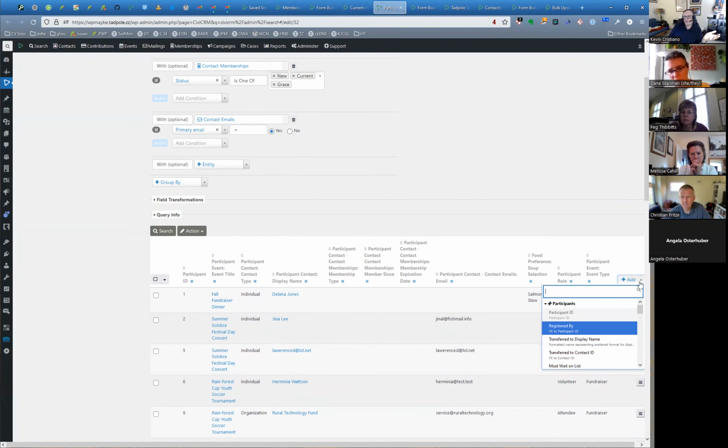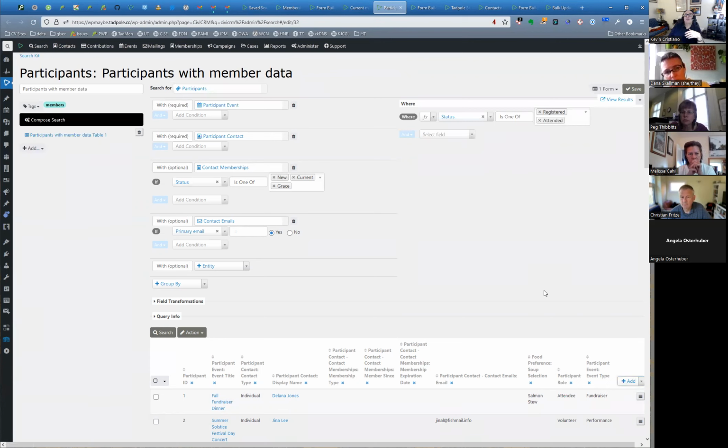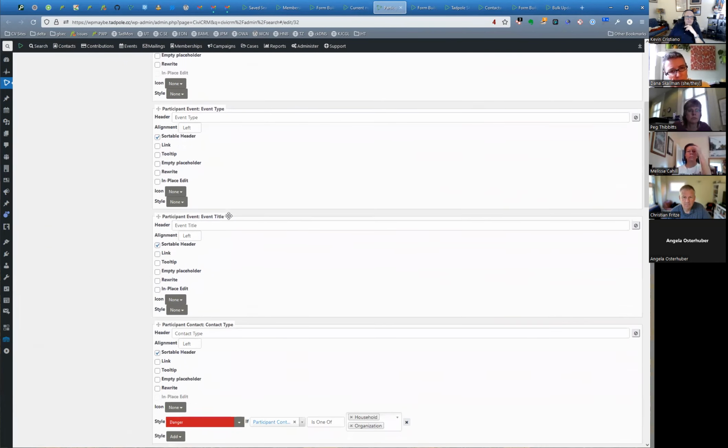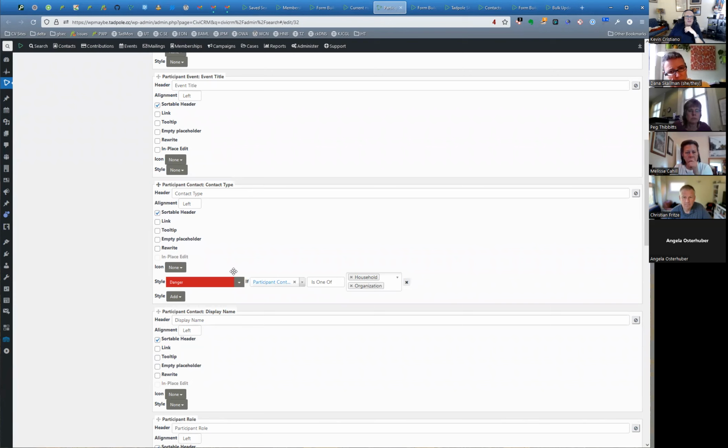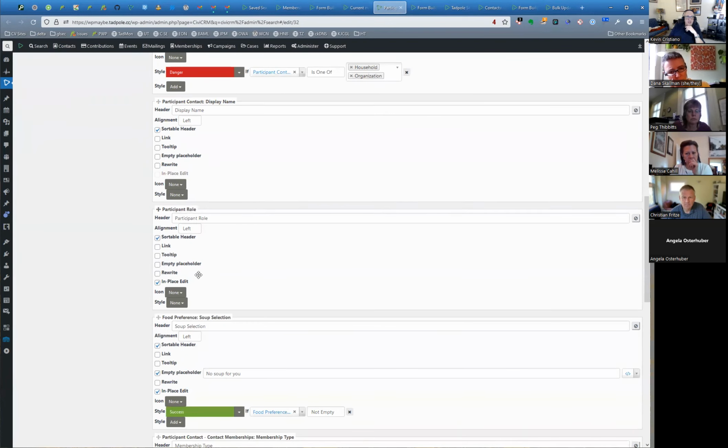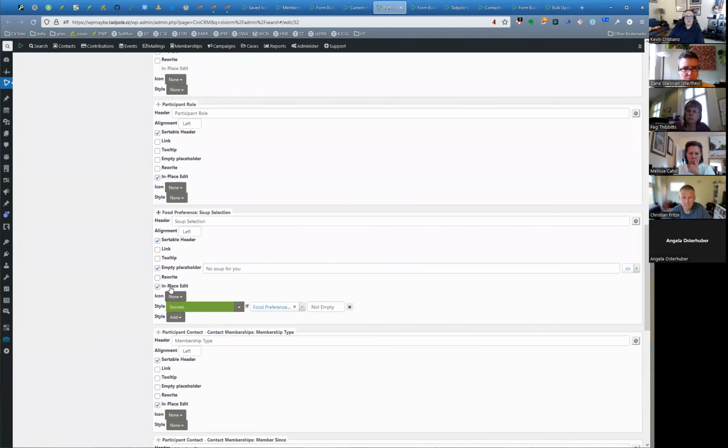And again, we can add fields right here. So the process is the same. I tend to create a table, decide what I want to do as far as any styling, linking, or in-place editing. So in this one, I might want to edit the participant role because some of these attendees might turn into volunteers, and some of these attendees might actually be the hosts. I want to be able to edit their soup selection because, well, I just needed something arbitrary to show. And I actually haven't found a use case for it other than this demo,